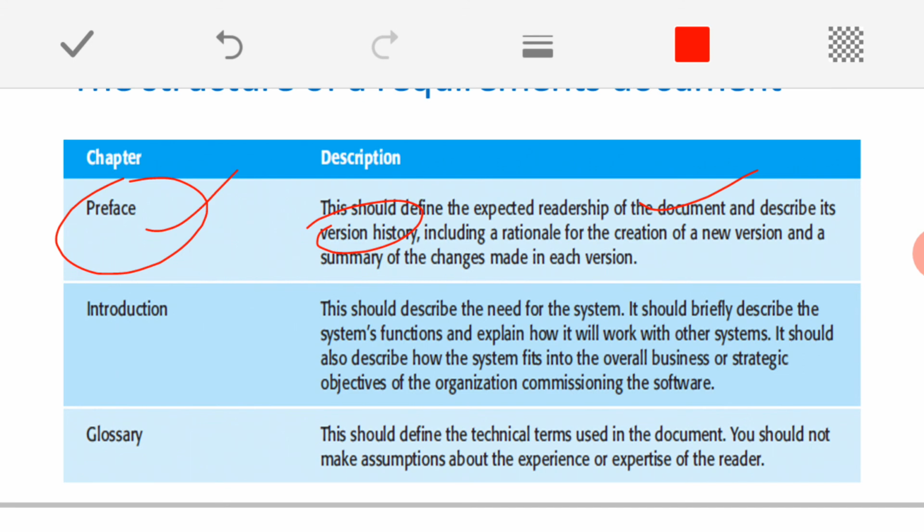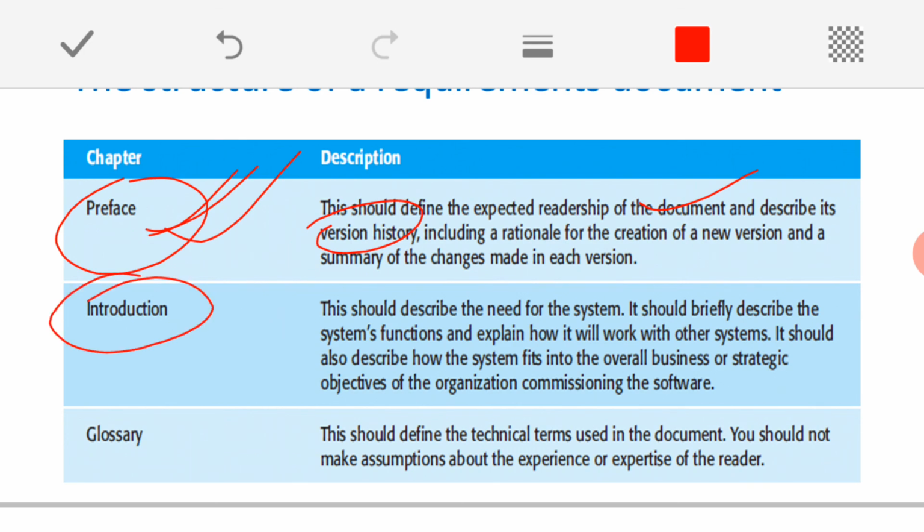Why? Because every time my software undergoes evolution or modification, whenever the software comes up with a new version, automatically this document will also be updated. You might have observed this in textbook editions. For example, whenever they release a new edition, say a 9th edition of software engineering, in the preface they mention what changes the textbook has undergone from the 8th edition to the 9th edition, what new additions, new chapters, and new concepts there are. Similarly here, the preface is going to contain all these things.